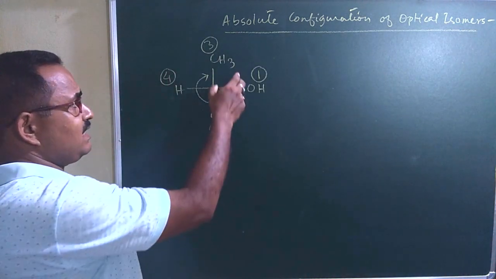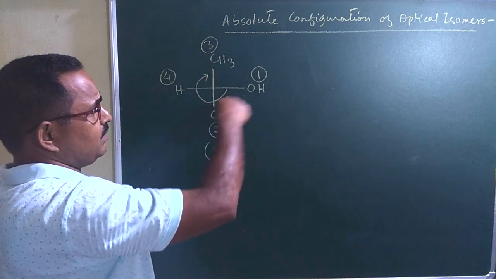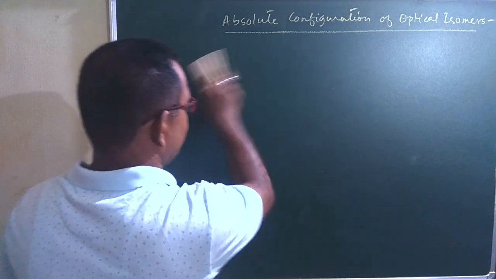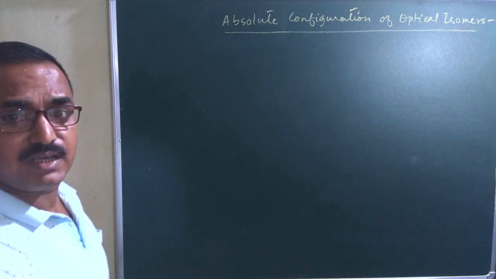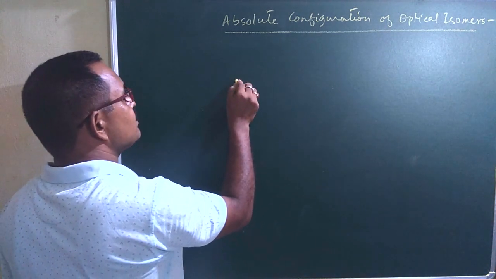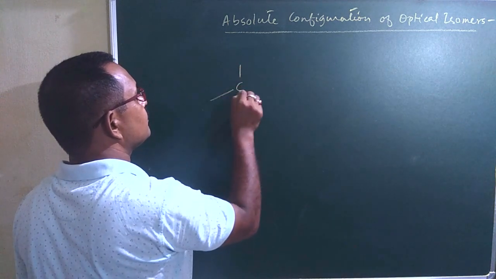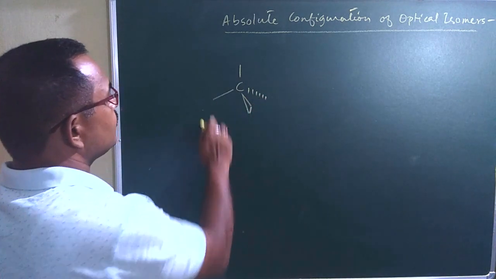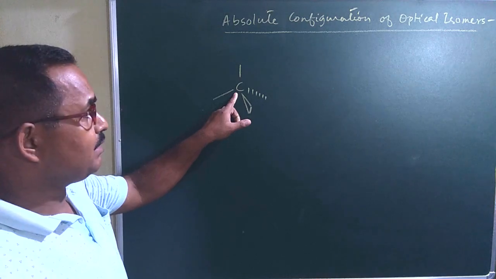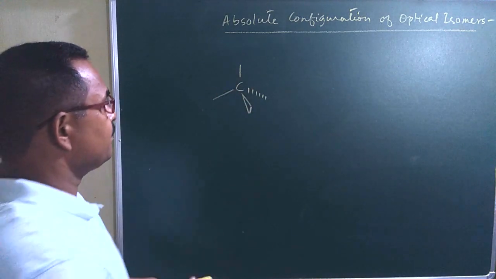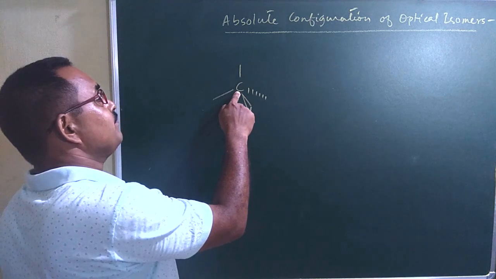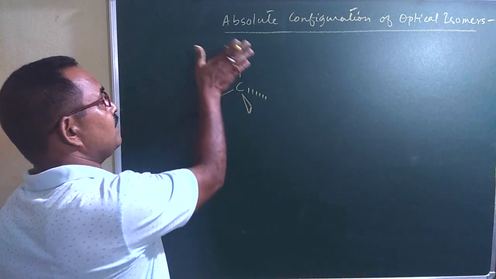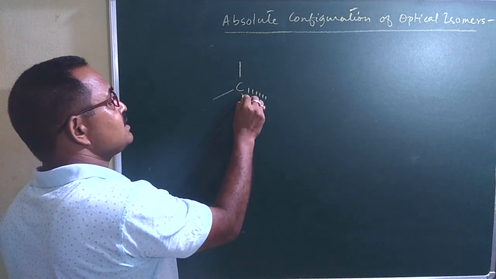You know that writing the structure of an optically active compound in this way is called Fisher projection. But an organic molecule may be represented in wedge and dash representation also. Say this one. This is the actual 3-dimensional depiction of a tetrahedral carbon. Here, this is the central atom, this bond and this bond, these 2 bonds lie on the plane, the drawing plane. This is called wedge.